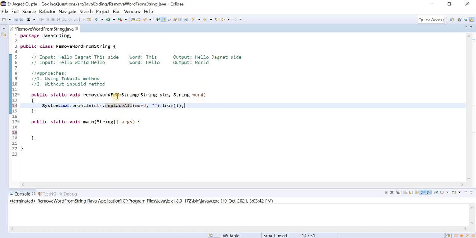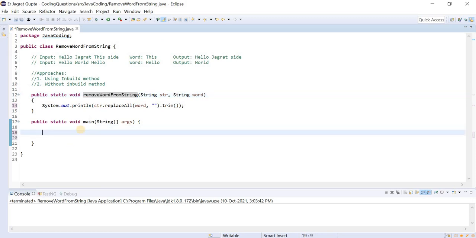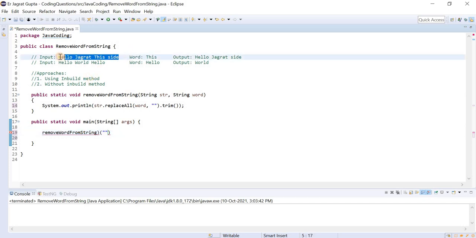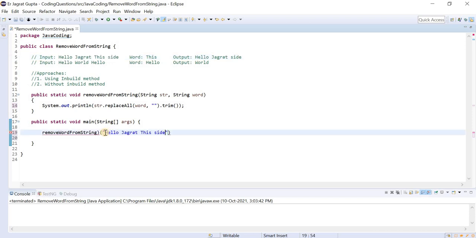So let's run this method. I made it static so we can directly use it. This is my string that we need to give in, and from this string we need to remove this word.